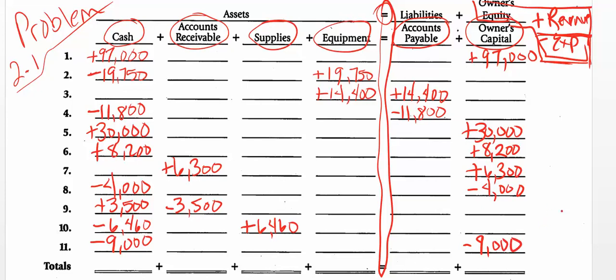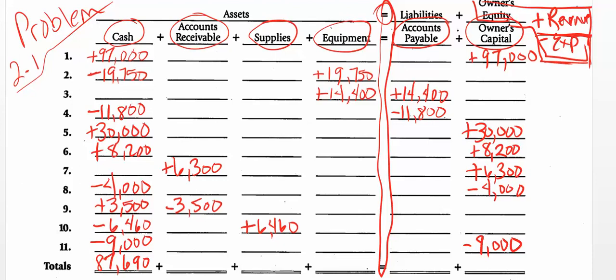Okay, and then totaling these guys all up, I guess the first one's pretty easy because you start with 97,000, subtract 19, subtract 11, add 30,000, add 8,200, subtract 4,000, and so on. In the end, check your figures there and make sure you get 87,690